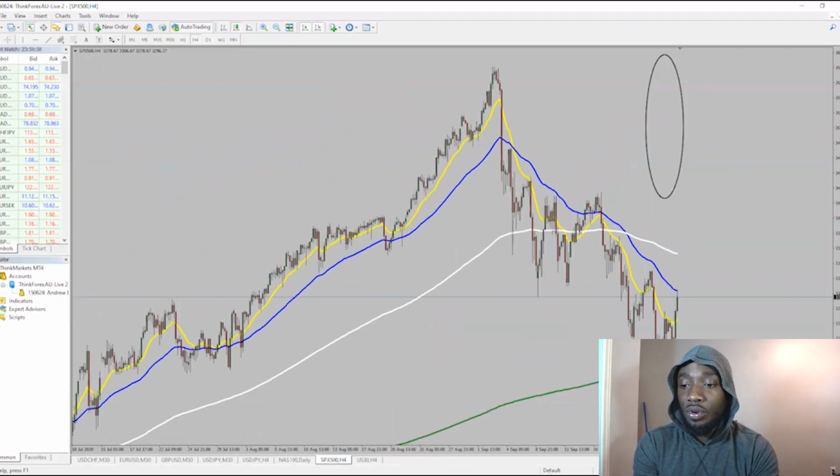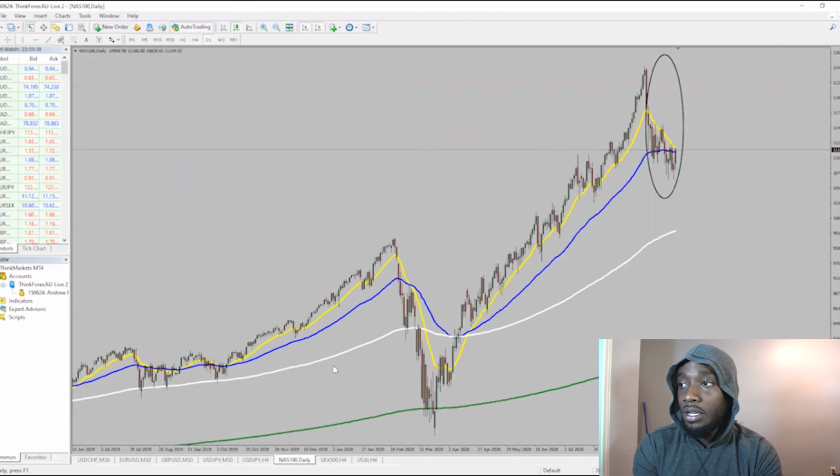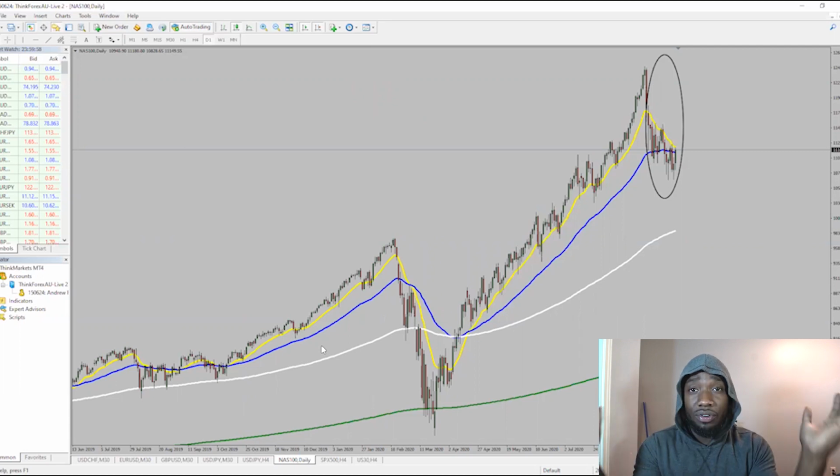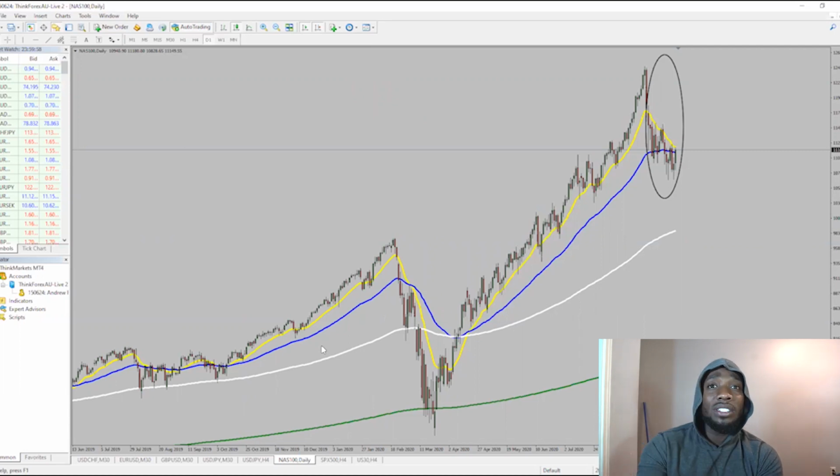I don't think I have to give any more details on what I'm trying to get at. So use correlations to your advantage. If you're going to be looking at different pairs, at least look at pairs that are in correlation, so you don't literally start to crowd your brain with all these different things. If you're looking at the USD JPY, look at something that's in correlation to the USD JPY.